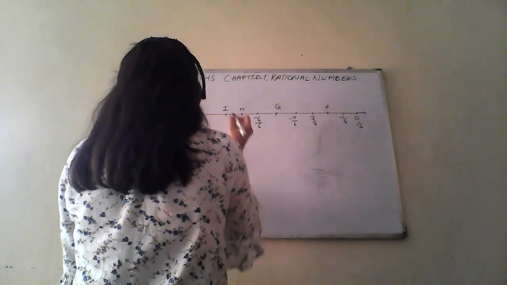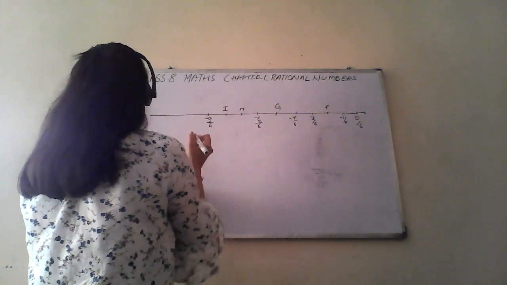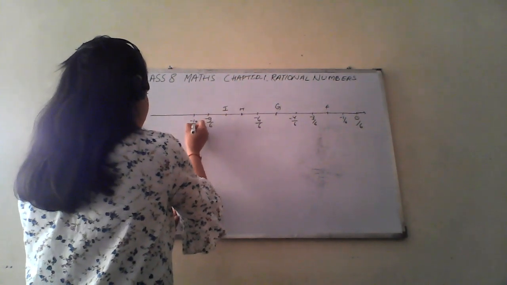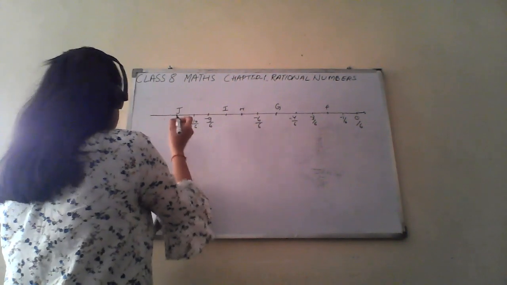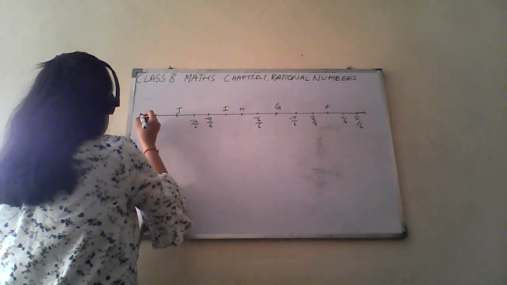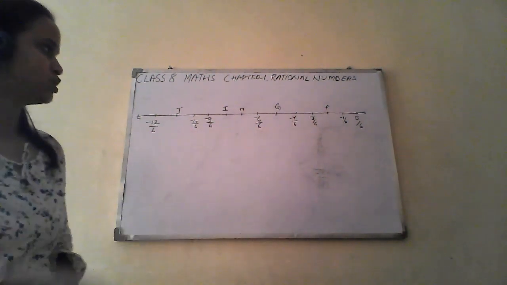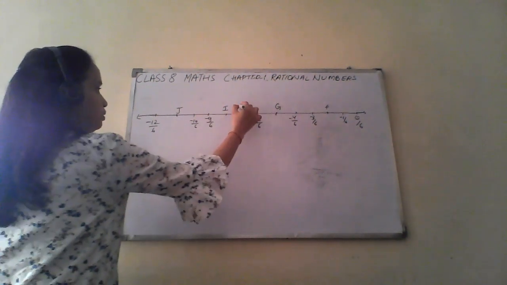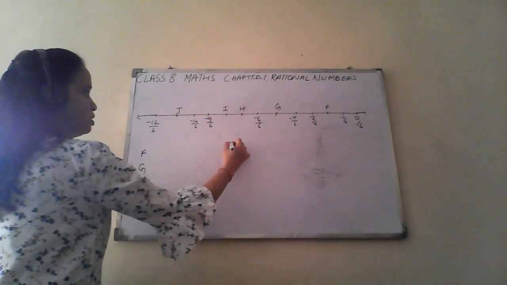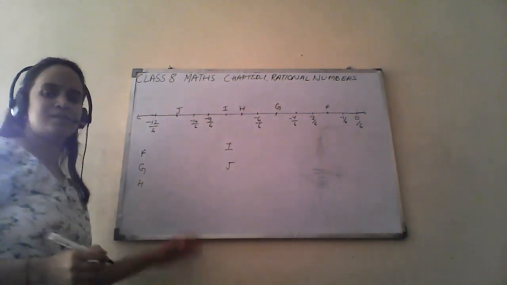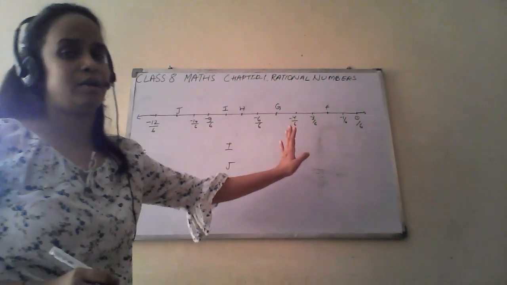This is I. Again we have to find. This is minus 9 by 6. This is minus 10 by 6. And we have to find point J as well. And this is minus 12 by 6. So we have to find F, G, H, I and J. It is same as in case of positive numbers, but the difference is only the negative sign.